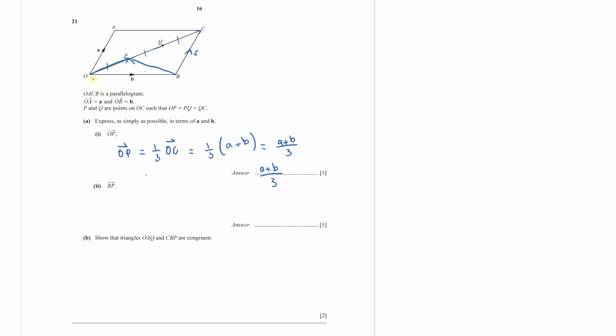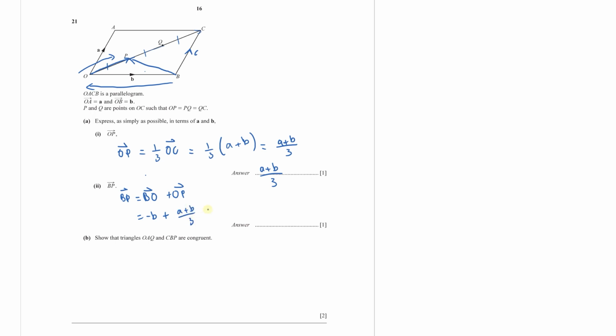So if my vector B is in, so BP is this, I can calculate BP if I do BO plus OP. So BP can be written as BO plus OP, plus OP will give me BP. So since OB is B, then BO will be negative B. So BO will be negative B plus, you have already calculated OP in the previous part, which was A plus